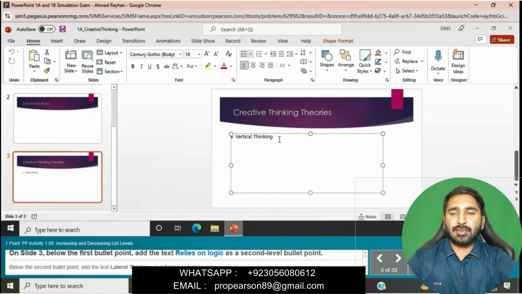On slide 3, below the first bullet point, add the text "Rules of logic" as a second level bullet point.